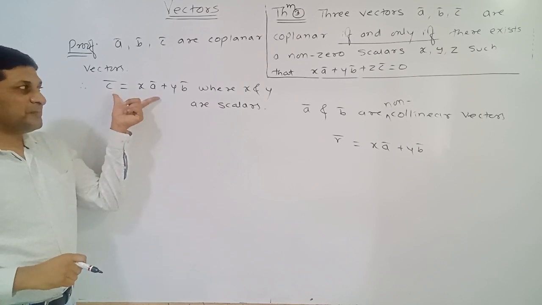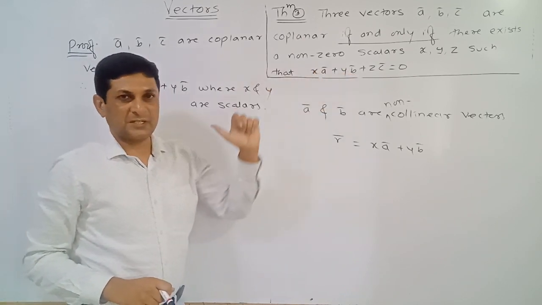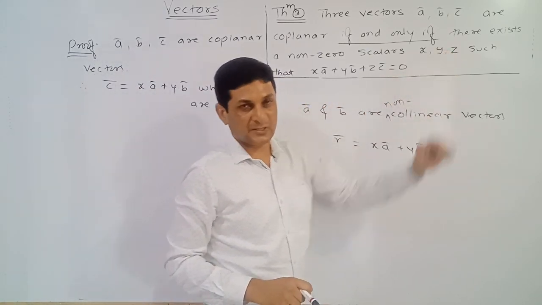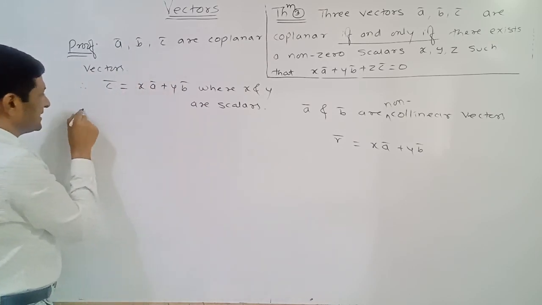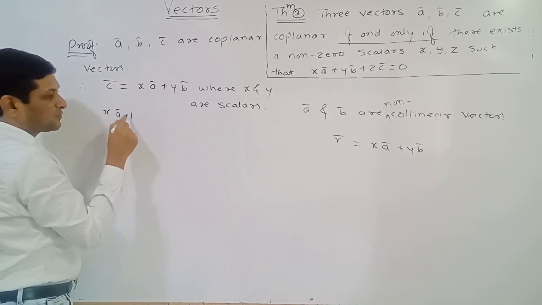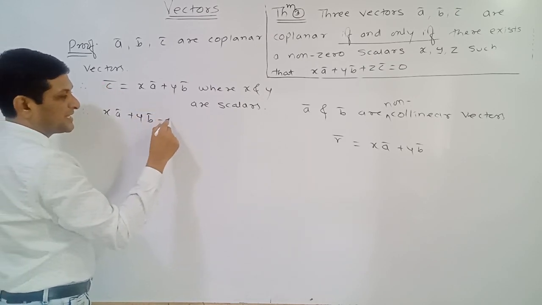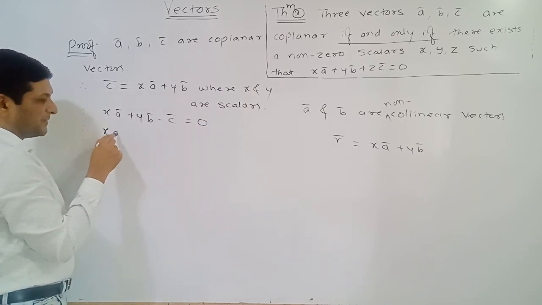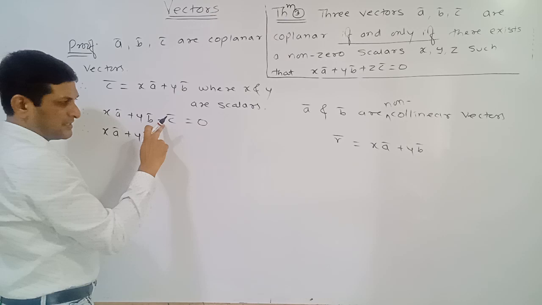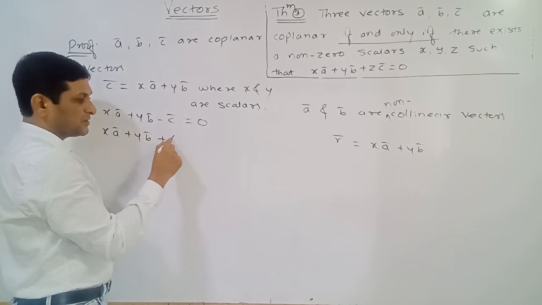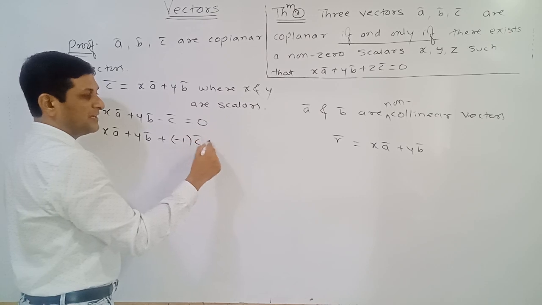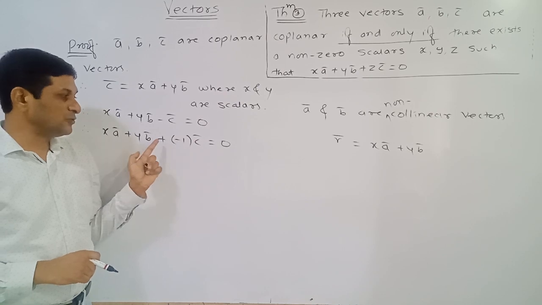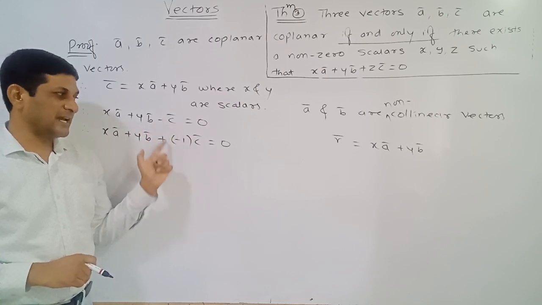Okay. So now let us simplify it, and by simplifying we are trying to get this result. Already we have two scalars. Now we are trying to get the third scalar z also. So this expression can be written as: keep x a bar as it is, plus y b bar also as it is, plus c bar on this side will become minus c bar. So the remaining term on this side will be equal to 0. So keep the first two terms x a bar plus y b bar as they are. This minus c bar can be written as plus minus 1 into c bar, equal to 0. Minus 1 into c bar is minus c bar, which means minus c bar can be written in this form.